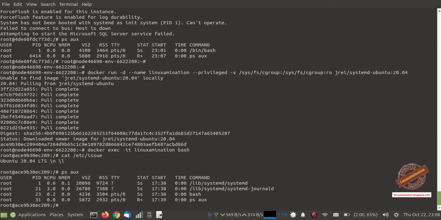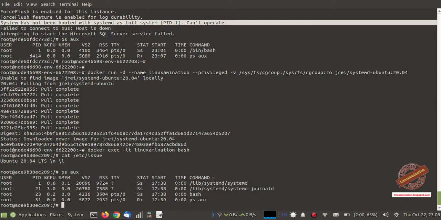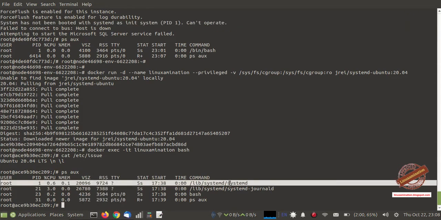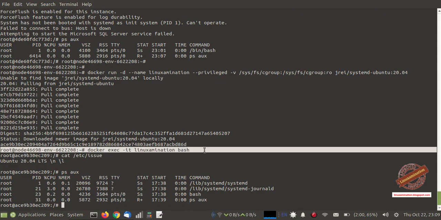Now I am going to check the process. Yes, PID 1 is systemd. So this should be like this, because if you choose a regular image, the PID 1 will be bin bash and you might get this error. But if you choose this image to launch your Ubuntu container, you will not get a systemd related issue. PID 1 should be the systemd process. This is the correct command to launch the container using PID 1 systemd, and this is the command to log inside the container.